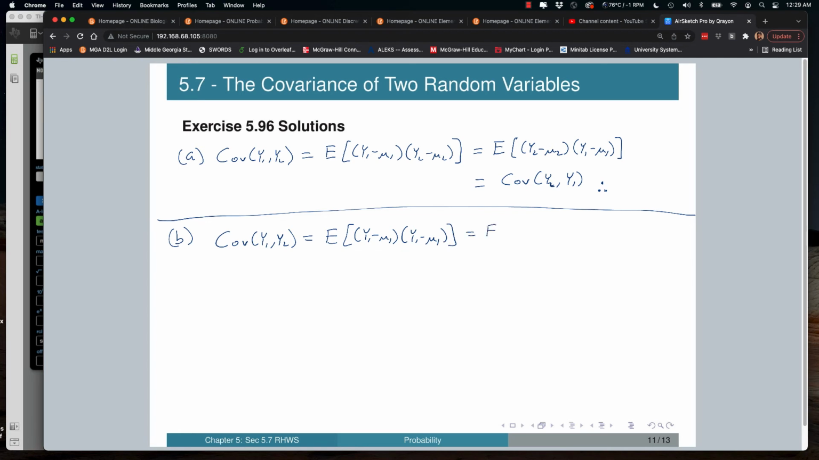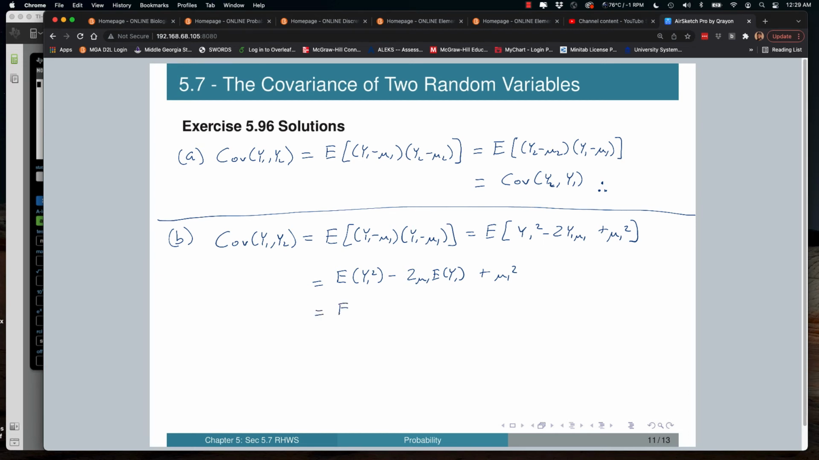which is really equal to the expected value of y sub 1 squared minus 2 y sub 1 mu sub 1 plus mu sub 1 squared. Okay? All right, and so expanding that expected value symbol out, we get expected value of y sub 1 squared minus 2 mu sub 1 times the expected value of y sub 1 plus mu sub 1 squared, because the expected value of a constant is still a constant,